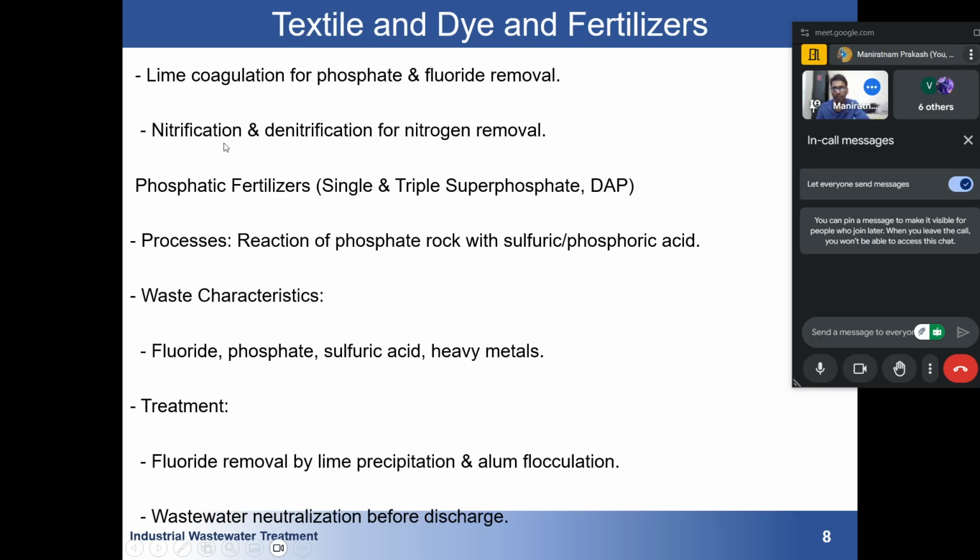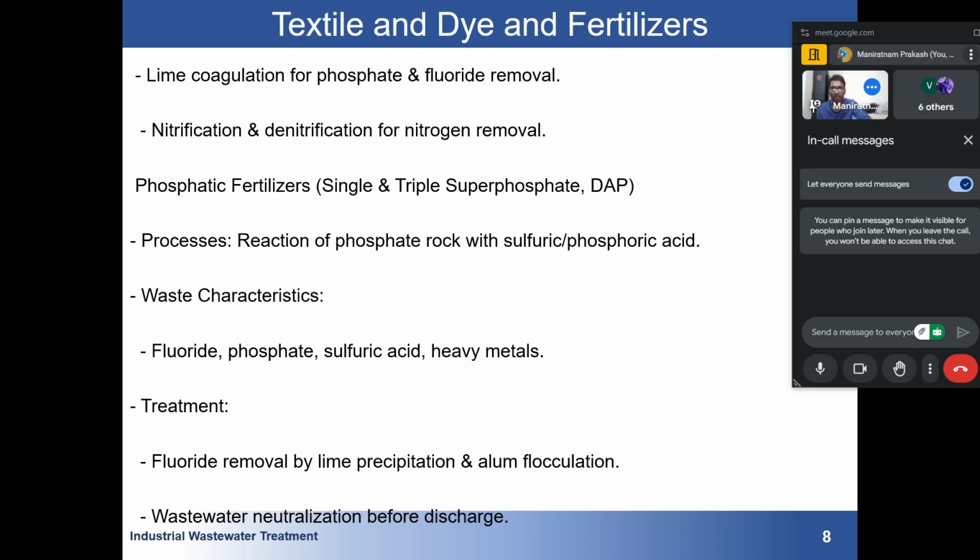Then this was about the nitrogenous fertilizer. Then we have phosphatic fertilizer here also. When we talk about nitrogenous fertilizer, all the materials, nitrogen and phosphorus, will be present, but the amount of nitrogen will be higher. Similarly, in phosphatic fertilizer, the amount of phosphate will be higher. Nitrogen will also be there, but in lesser quantity compared to phosphate.